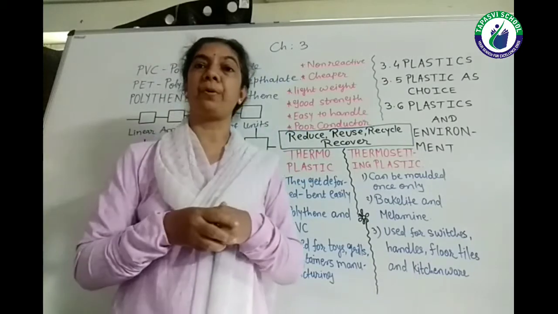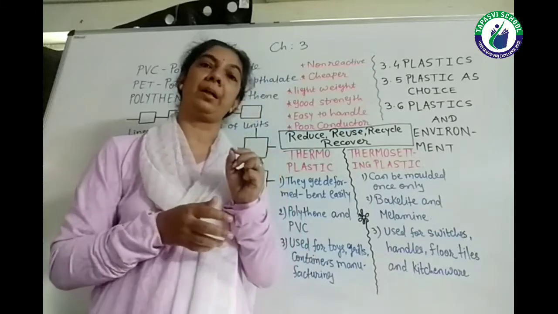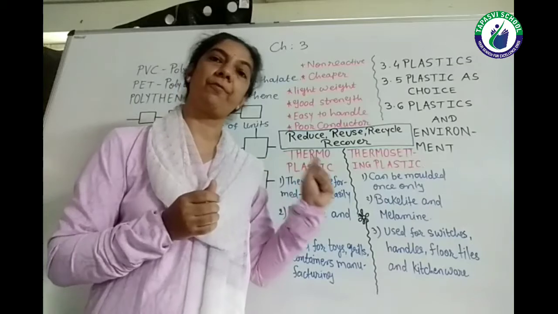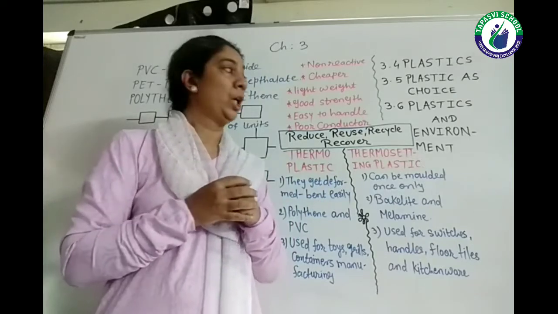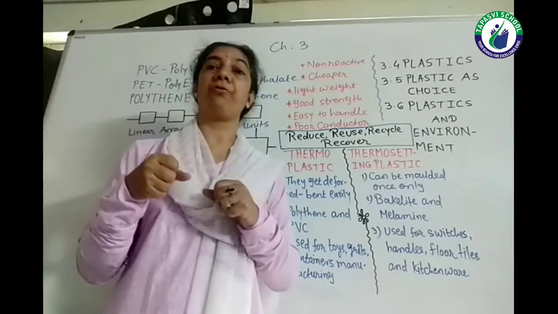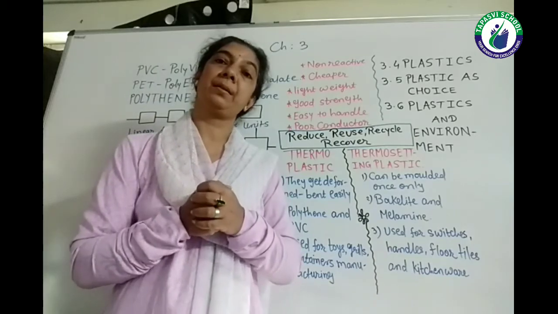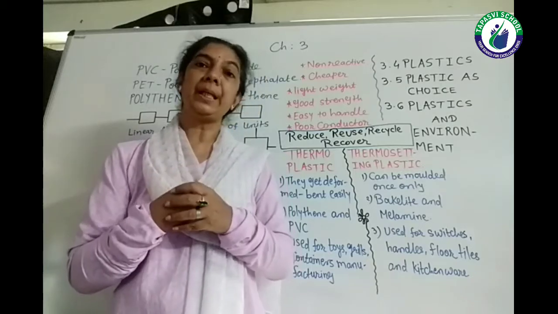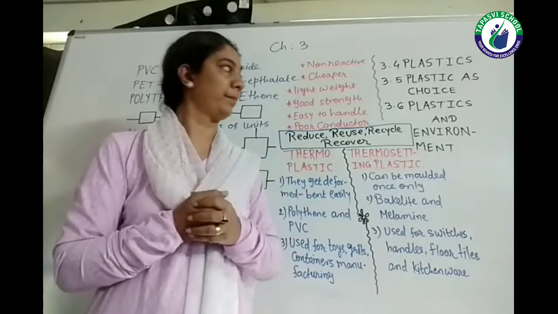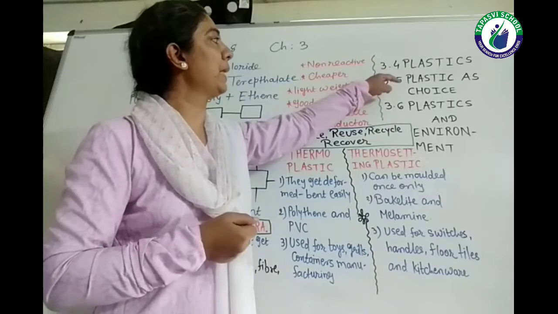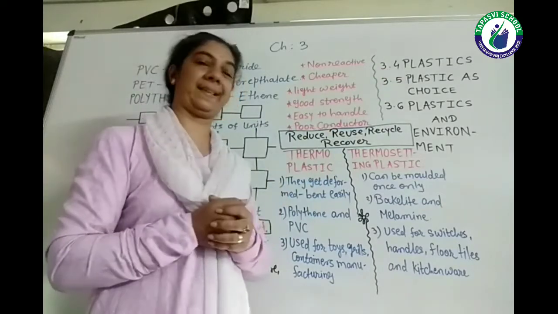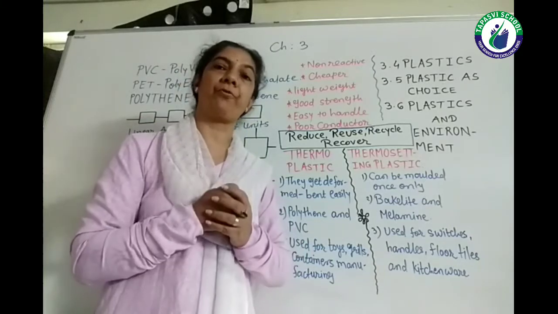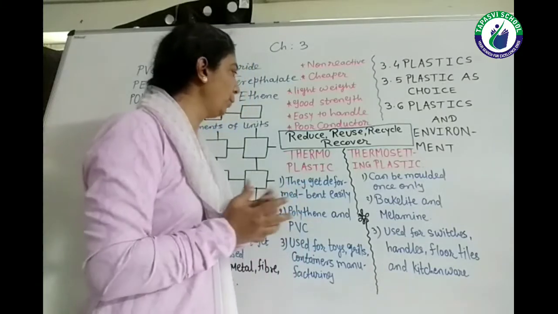And most important, it is a poor conductor. That means it does not allow electricity to pass through it. So the handles of most of the things like a tester or any pen are made up from plastic. So plastic is our first choice. Then, as I said, we have two types of plastics which we are using majorly.